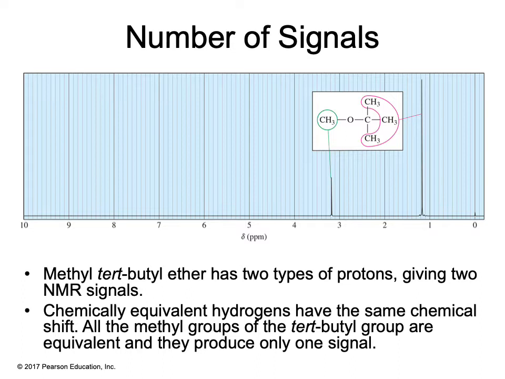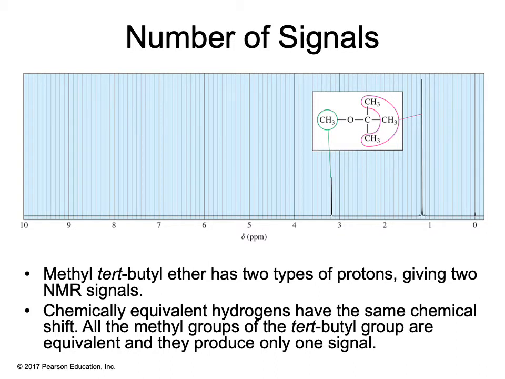And the reason we only have 2 peaks, even though we have 12 different hydrogens, is because all of the hydrogens that come off of a single carbon are identical. So for example, all the hydrogens coming off the green carbon are the same, so they all show up in one signal. And those hydrogens are unique, or different from the other CH3 groups that are highlighted in pink, because they're closer to the oxygen, whereas the other CH3 groups that are highlighted in pink are 1 carbon away from the oxygen, right? So the green hydrogens are closer to the oxygen, they're more deshielded, so they're farther downfield,